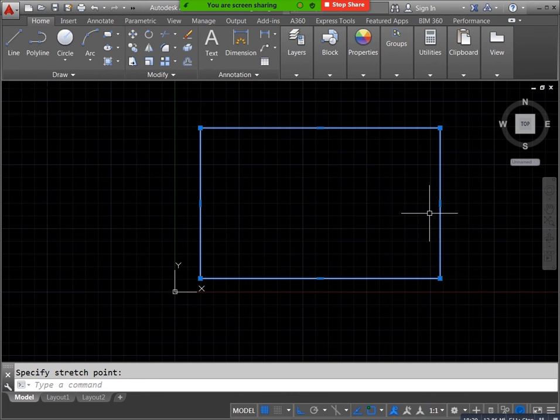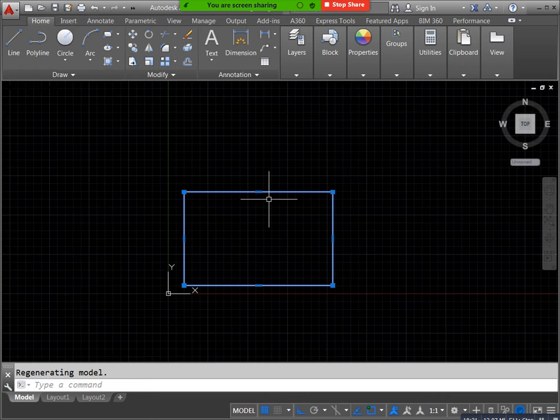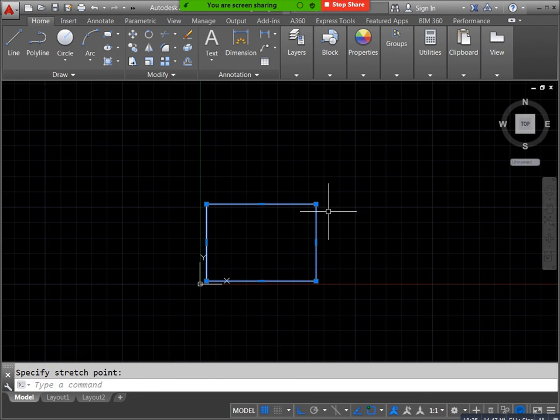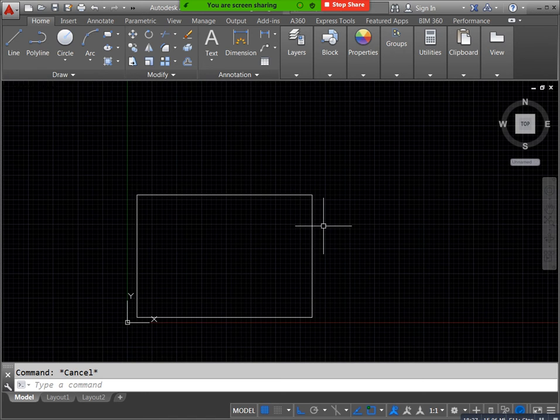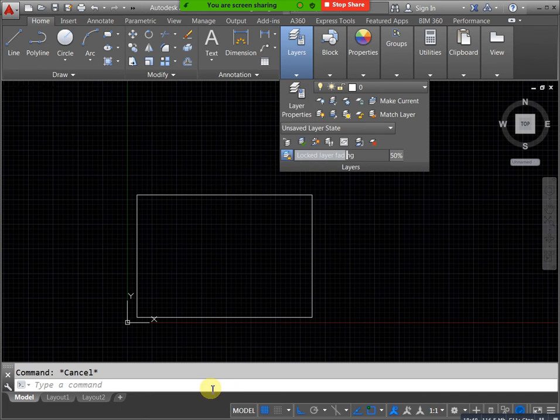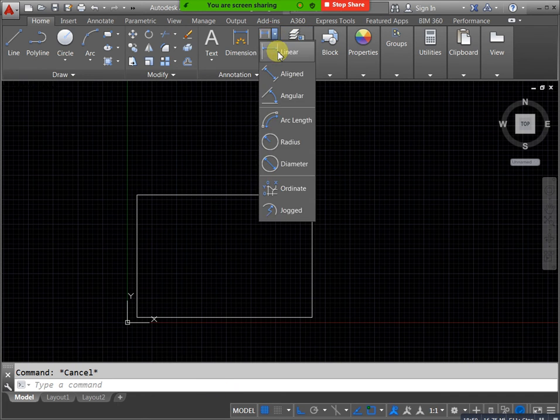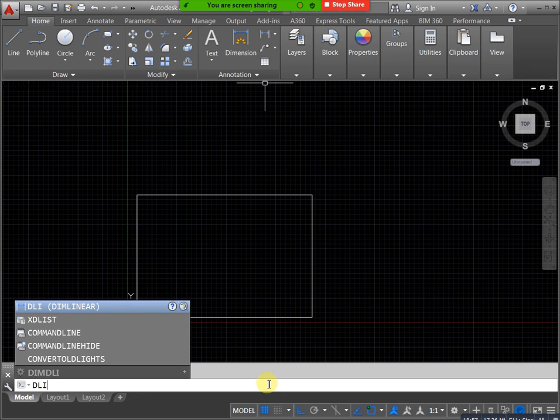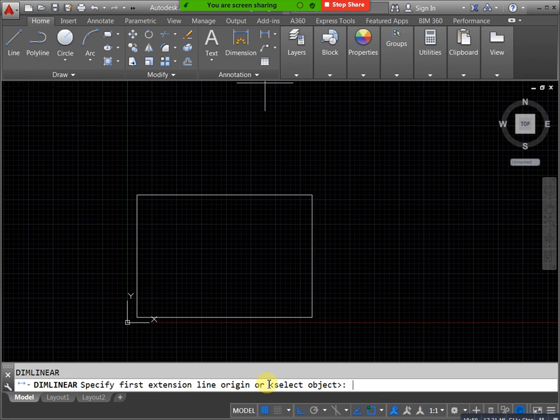Here we have total 8 types of dimension. Okay, directly you can use shortcuts for this one also. First one, here we have linear dimension shortcut. Directly you can mention DLI, dimension linear. Okay, that is the shortcut for dimension linear, DLI. Okay, you can mention your starting and ending point. In this linear dimension only you will get straight lines, horizontal or vertical dimension. Okay, you can't get your inclined dimension here. This is my starting and this is my ending.